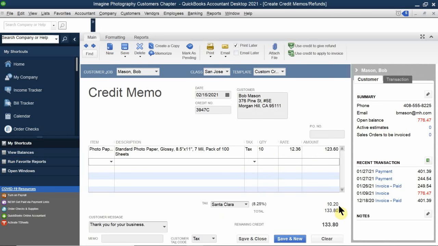So as you can see, $10.27 is going to be refunded as tax back. Okay? And now what else do you have to modify? You still have the thank you for your business, but in this case, I'm going to go ahead and make a note that I'm refunding 10 photo